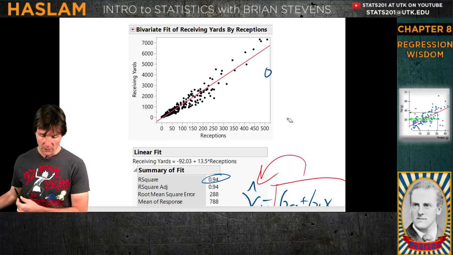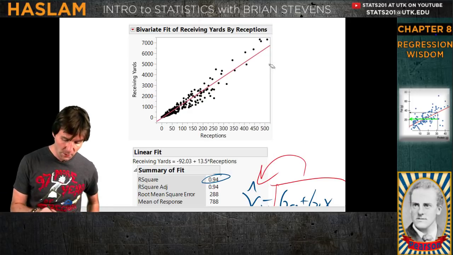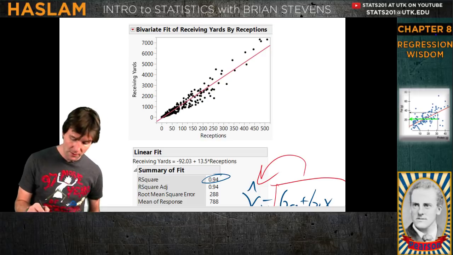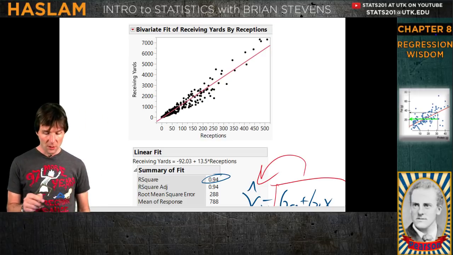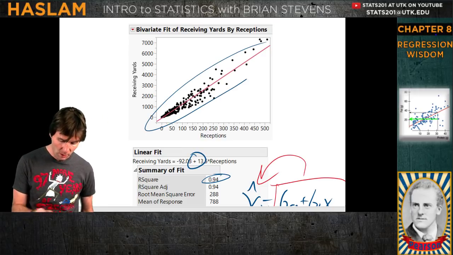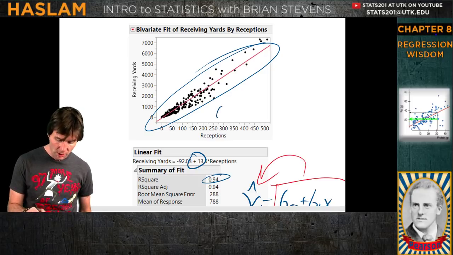So the biggest thing right here that we need to know now is that this is positive. How do I know that this is positive? It's because the line goes up. You can also see the coefficient of the slope is positive, or the line goes up. So the correlation of this would be 0.969.